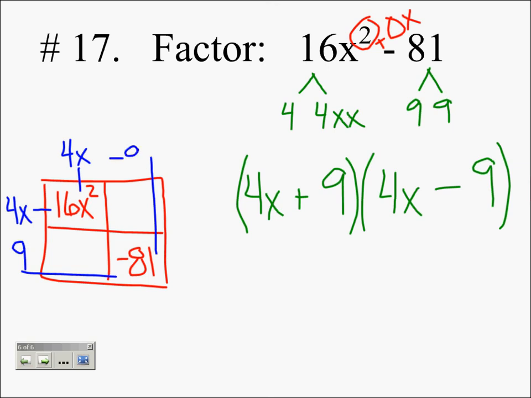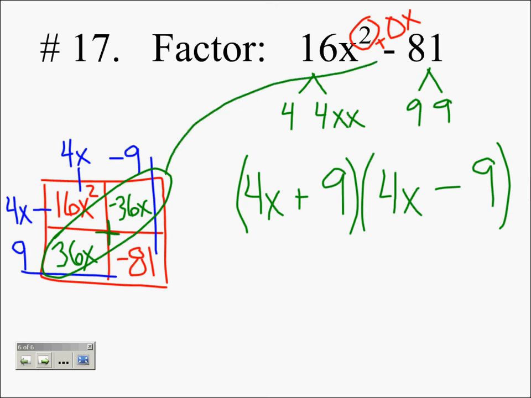I know 9 and negative 9 multiply to negative 81. I fill in the middle boxes to check. I have 4x times negative 9 gives me a negative 36x, and 4x times positive 9 gives me a positive 36x. I need to check that these middle two boxes add to the middle term that we created of 0,